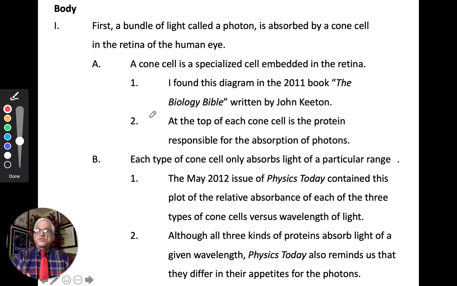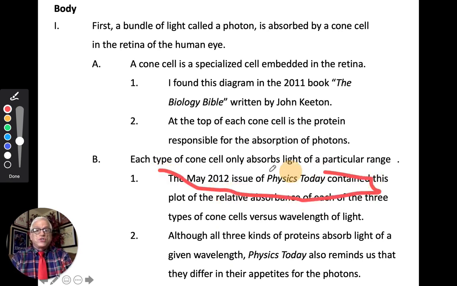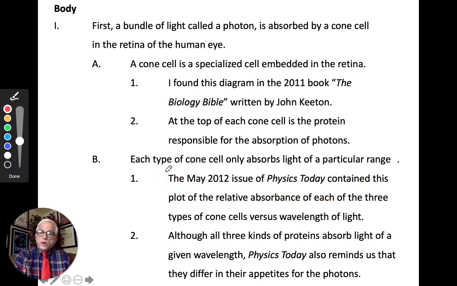So this should be a speech that you are going to give. Remember, a stranger should be able to pick up your speech and give it. So you want to write out those source citations exactly the way they're going to sound. Here's another one. So in my outline, I'm going to write, the May 2012 issue of Physics